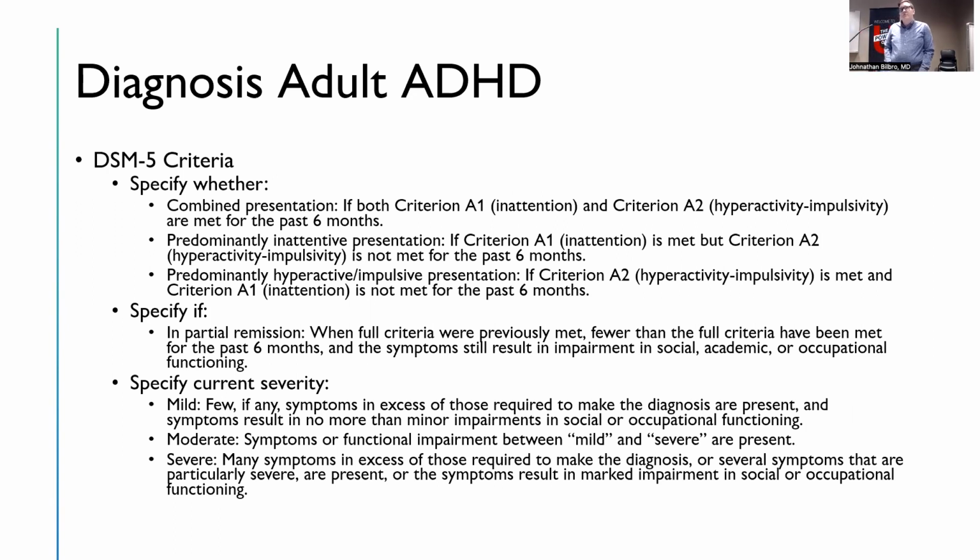The literature is full of data to support this idea that even the children who no longer meet criteria for ADHD once they become adults, they're still impacted by the symptoms and they still report impairment. They just don't necessarily meet the full criteria. So that's a case where this specifier might apply. And then of course you can specify the severity, mild, moderate, or severe, depending on the number of symptoms and the severity of the disease.